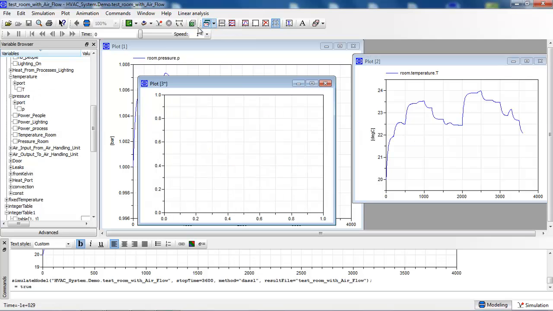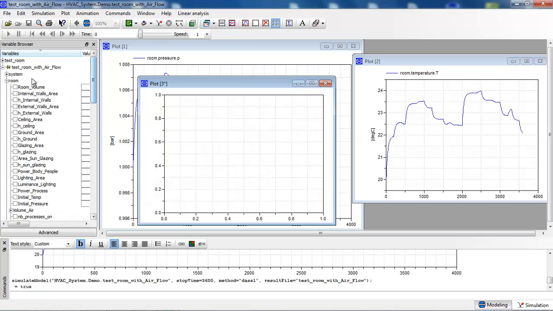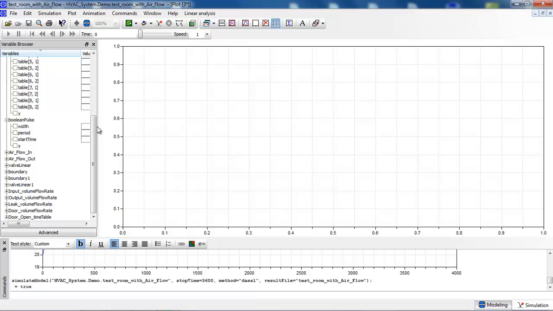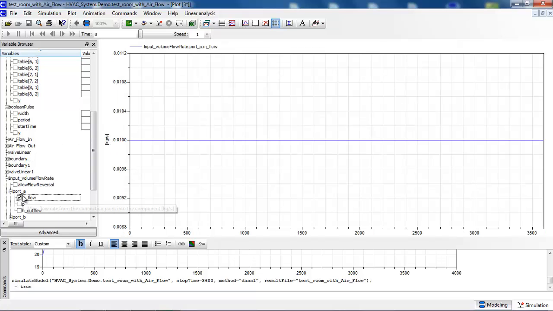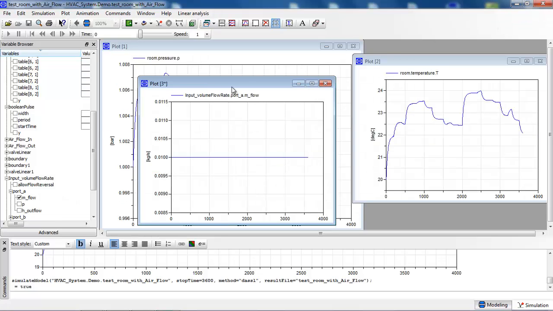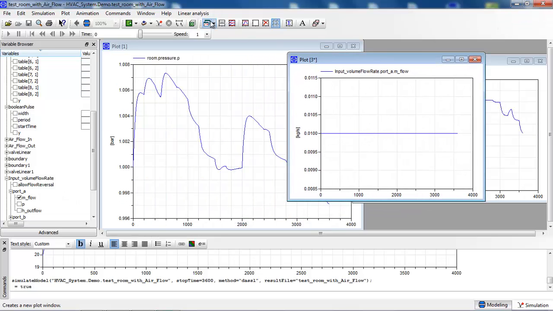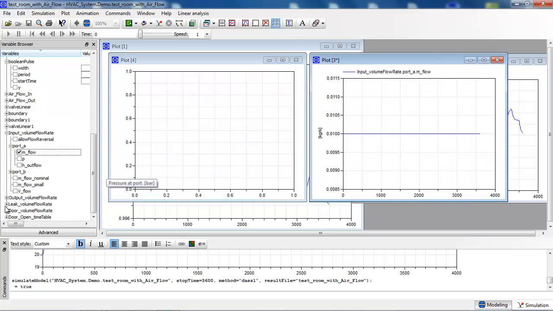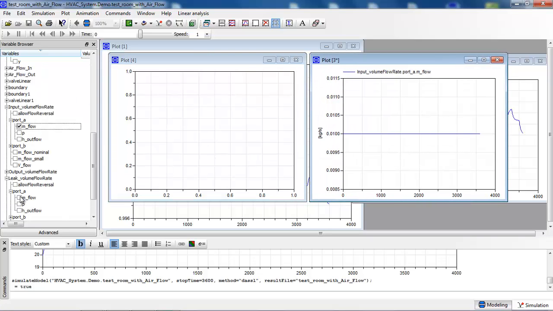I can also post-process the flow inside the different interfaces of air. So for example, this one, I have a constant flow in the input, and for leak